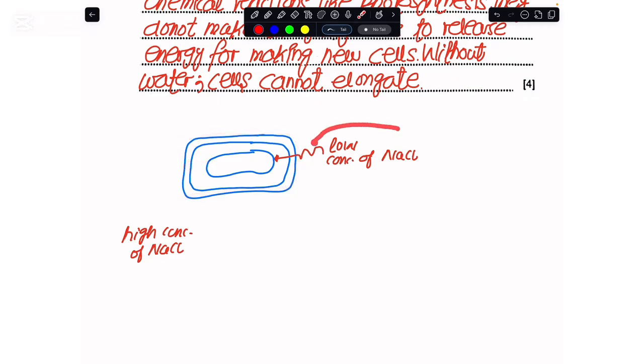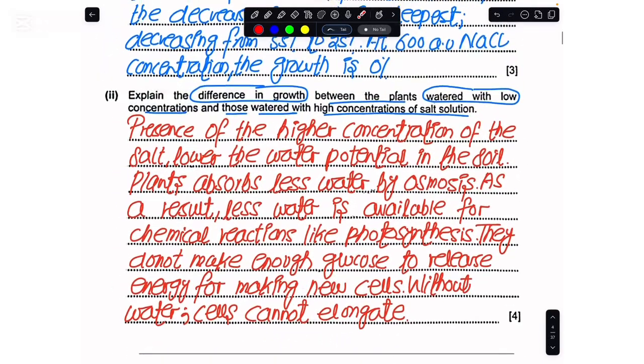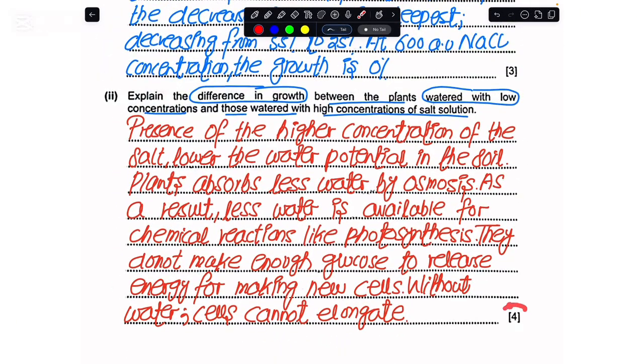So that is why we would see more growth in a lower concentration of sodium chloride, but we would see very little growth in a high concentration of sodium chloride because less water would enter here, less water would be available for photosynthesis, less energy would be released by the respiration process, and ultimately less energy would be available for cell divisions. At the same time, without the large vacuole getting filled up at high concentration of sodium chloride, we cannot bring about elongation growth in these plant cells. So here I have explained the entire mechanism